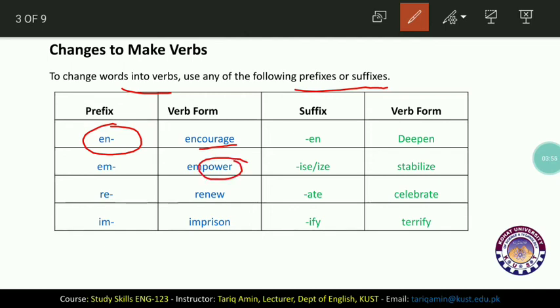Power is actually a noun, and when we add this prefix em to it, it becomes a verb, empower. So empower is actually a verb. Another example is